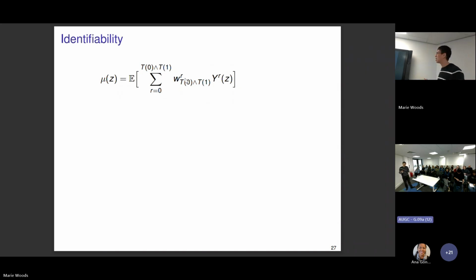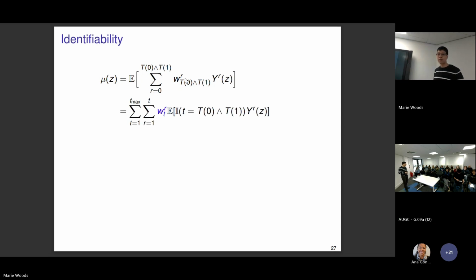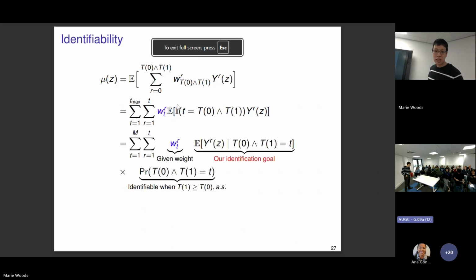Now I will very briefly talk about how we identify this new estimate. The first estimate we talked about is in the first period with while-guaranteed survival. So you can see that the time is from t equals 0, from baseline, to the minimum of T0 and T1. During this period, you will survive either under treatment or control. And we can rewrite this. This is just a mathematical reformulation. We can take the randomness out of the weights, so we can write this as a fixed weight.